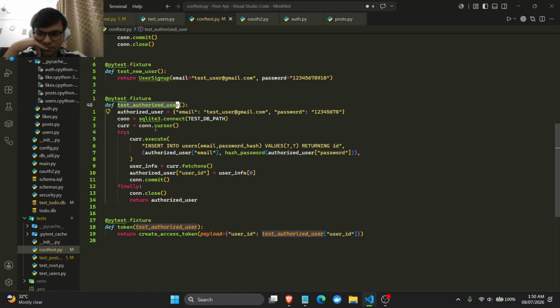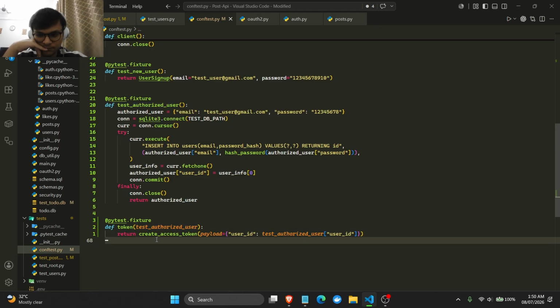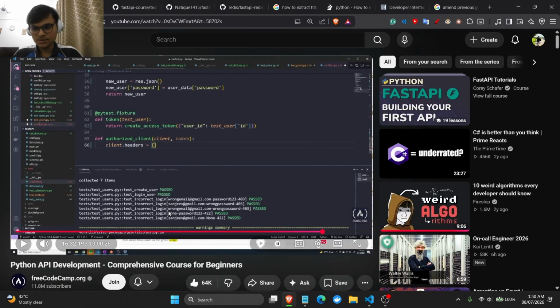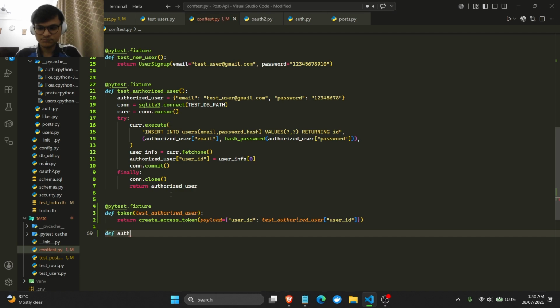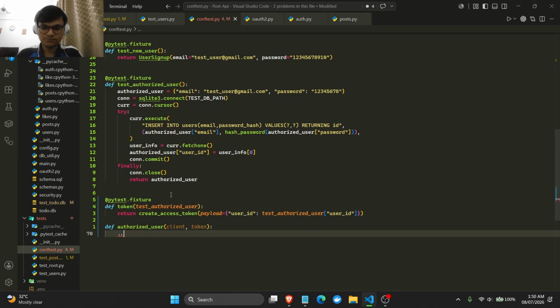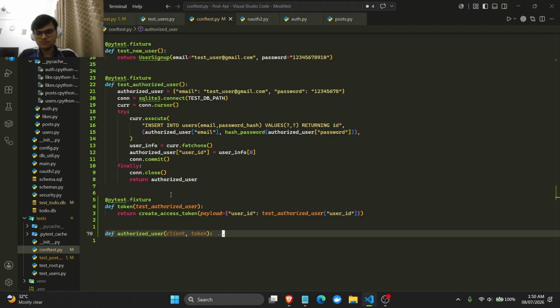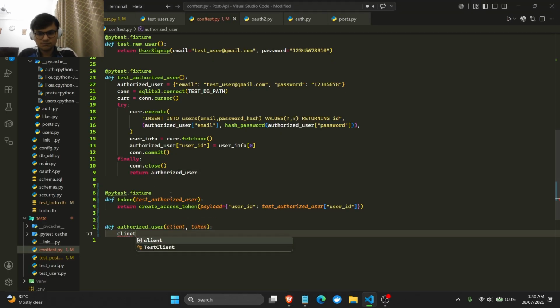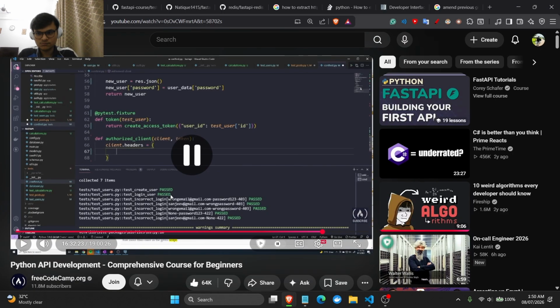It's going to get so confusing real quick. But anyhow, authorized user is equal to client and token. Pass in a dictionary. And what we want to do is spread out